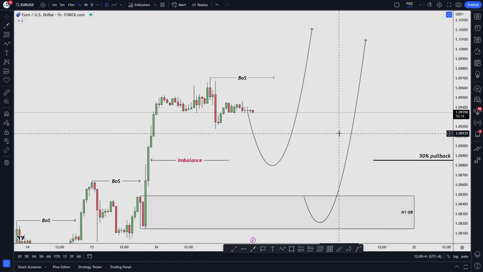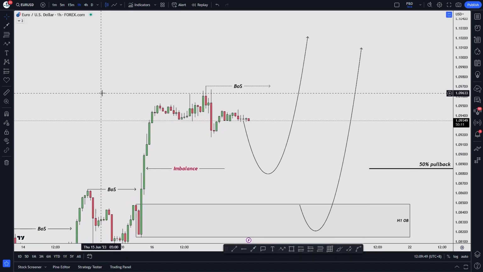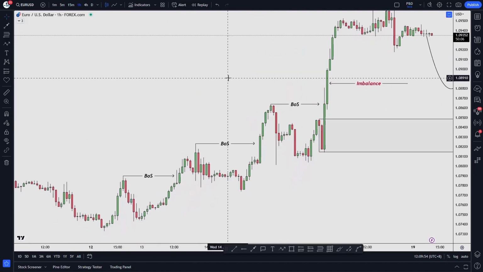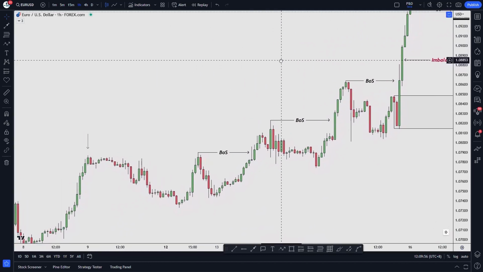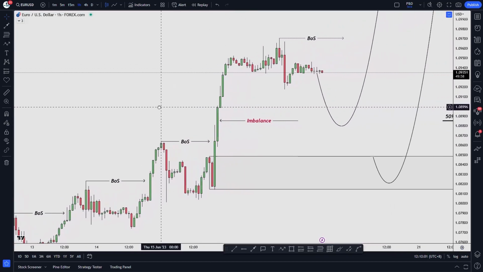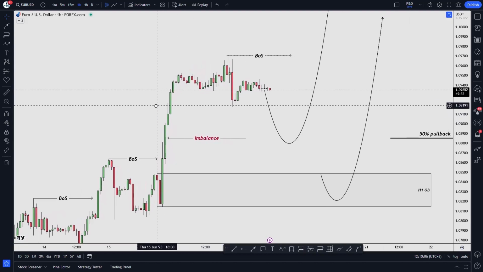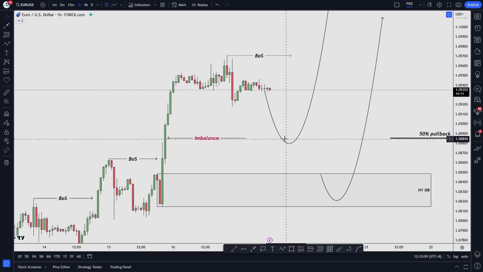So let's recap the Euro-USD forecast once again. Euro-USD is potentially bullish this week as well. Last week market played out according to our bullish forecast, which was based on high time frame bullish market flow. And for this week, we will follow current market flow, wait for a pullback at the beginning of the week,